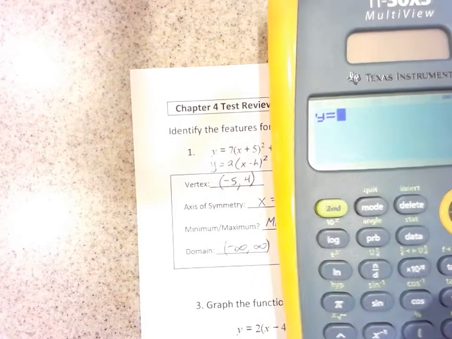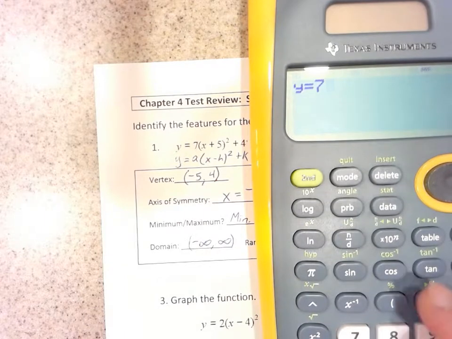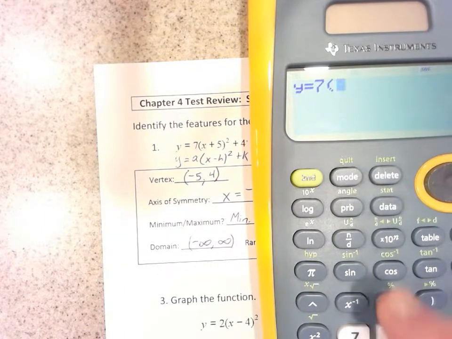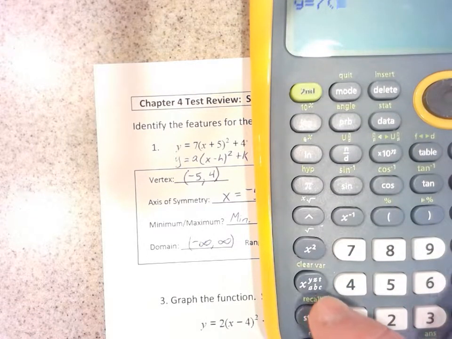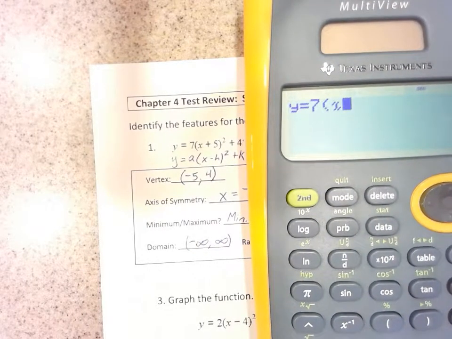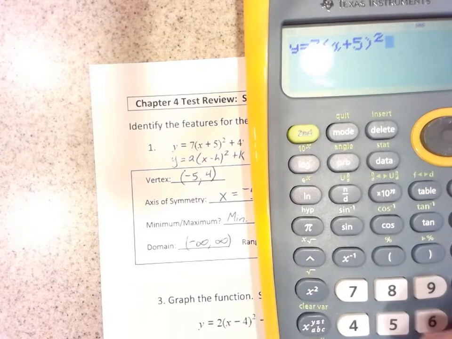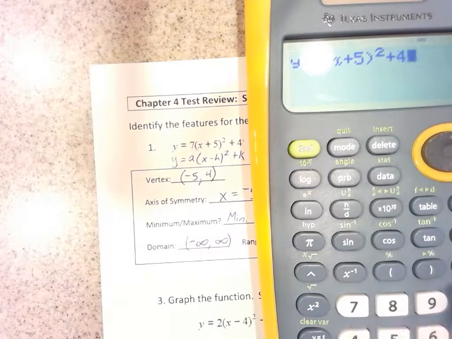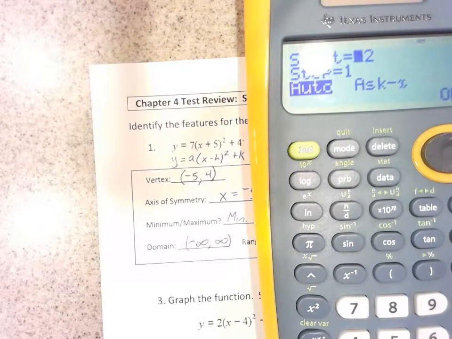and our equation in this case is 7, and then the parenthesis and the x. Down here next to the number 4 is all of our variables, so we just press that button to get an x. And plus 5 close parenthesis, x squared is next to the 7 to get the exponent, and then plus 4 finishes off the equation. And when we press enter, it allows us to say this is where the table will